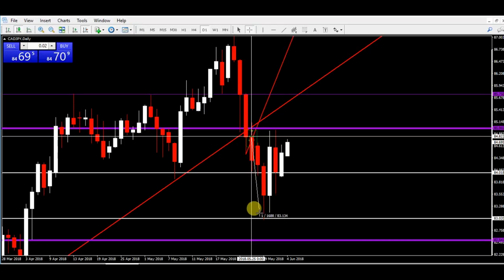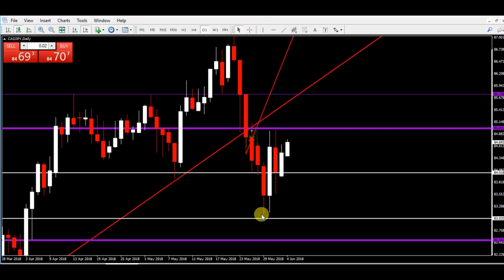And man, if you trailed your stop and just let this thing run, you would have caught nearly 200 pips, a good 180 pips. As far as the exit's concerned, you're just looking for previous resistance to potentially act as support of where the market could potentially turn back around on you, because these areas act as magnets of attraction or repelling each other. So your target, after that happened and you entered, what you would have looked for was, all right, so I'm shorting and this pair may fall until it finds support.